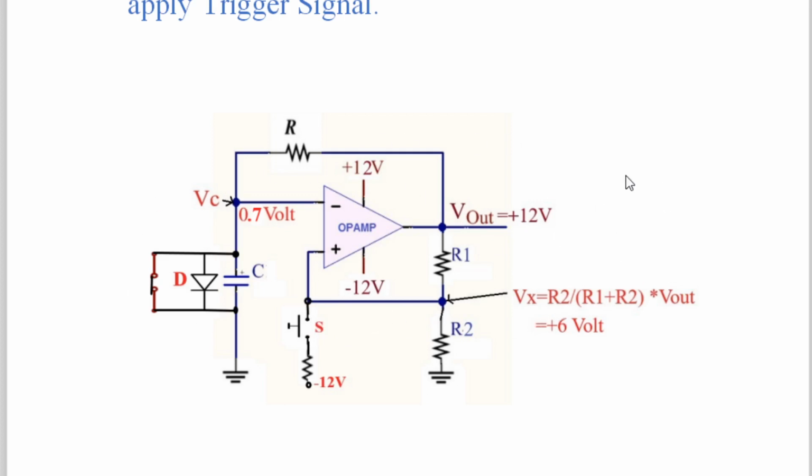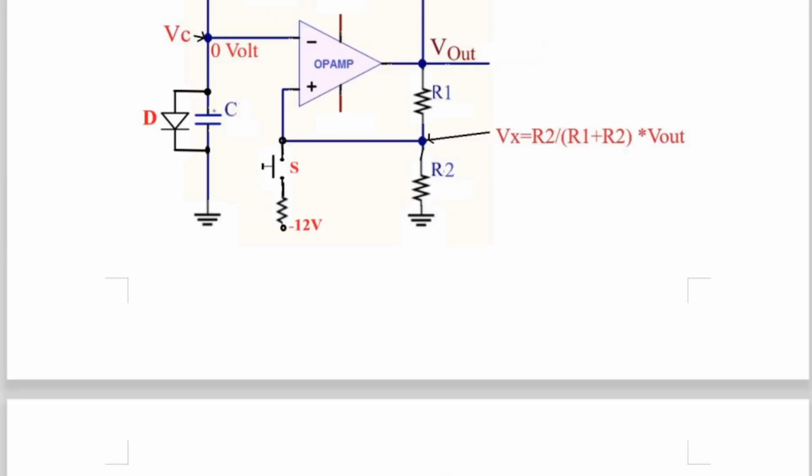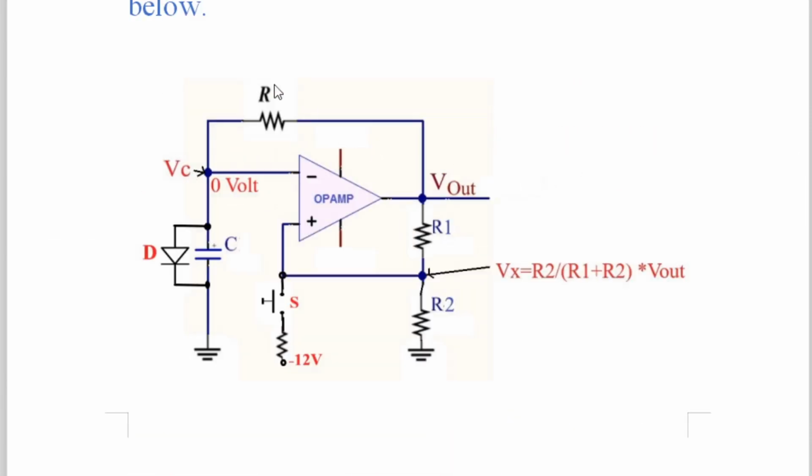In the beginning, we consider that we fabricate the circuit and do not apply the power supply, but we consider that our capacitor is discharged. Therefore, this voltage will be zero. The diode is not shown as a closed switch or open switch. Simply the diode is shown. The output is also not shown. This point voltage is also not shown.